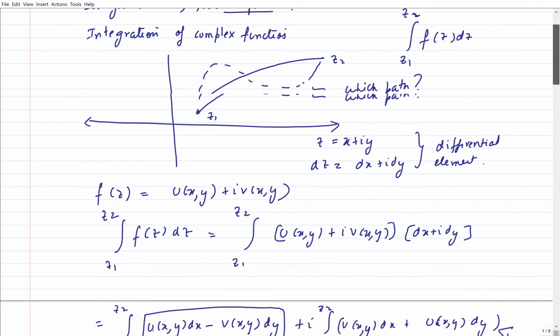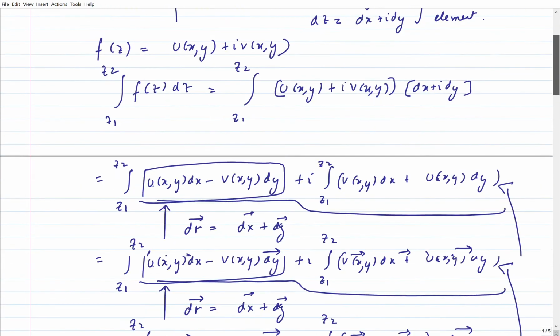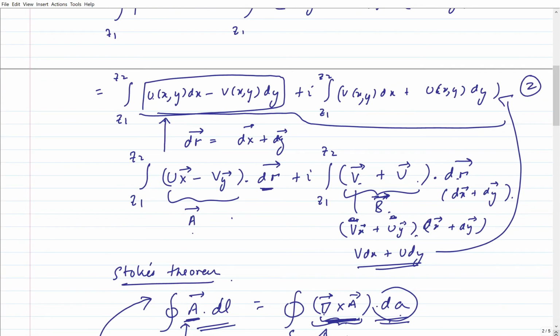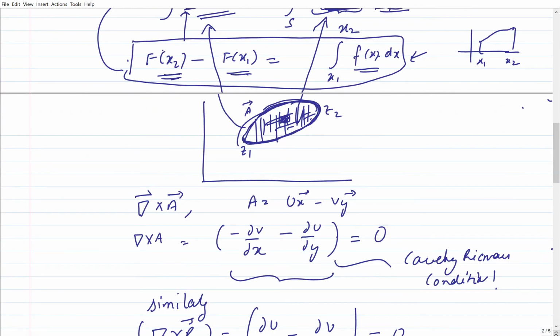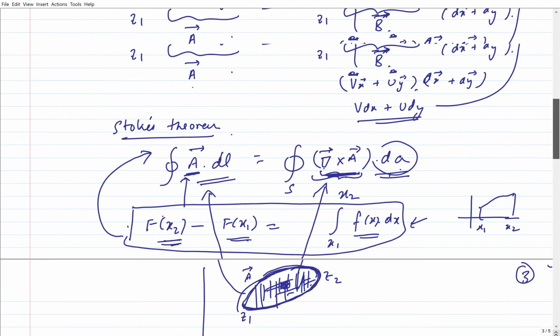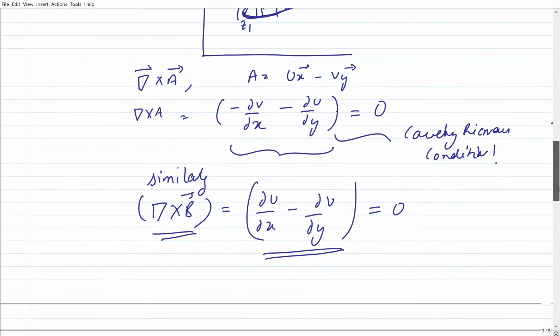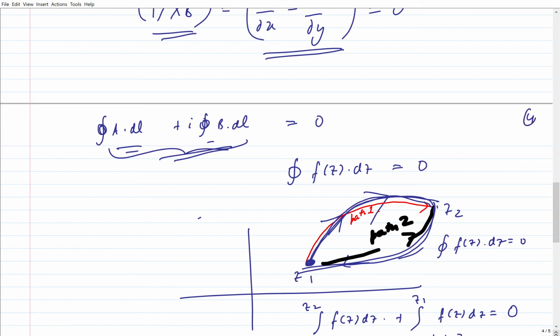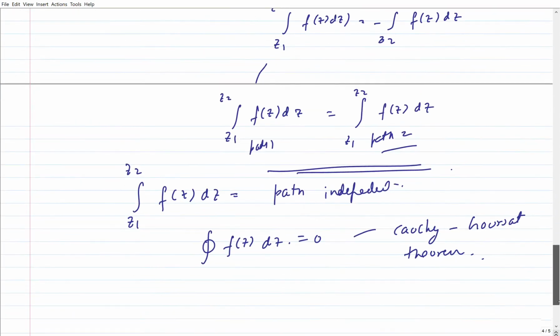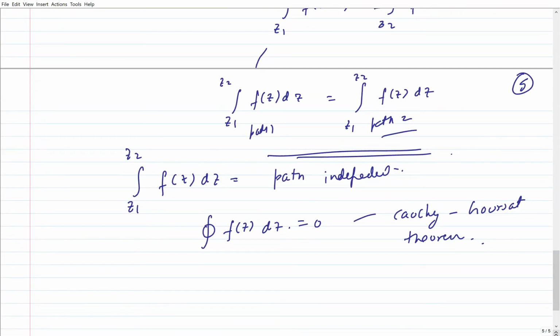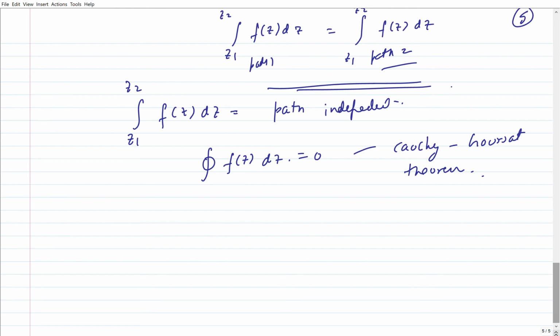We know that as long as the function is analytic and the conditions of analyticity we discussed in the last lecture, then I get integrals that are path independent. So this was all for analytic functions, but